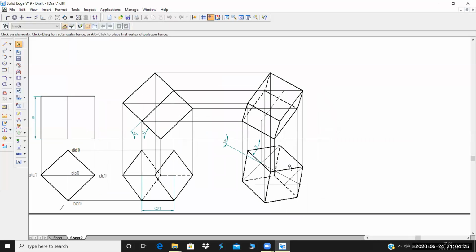I've also told you how to go for the appears-to-be problem. In that case, you just take this particular step and then place it on the angle line, whatever angle is given. Then the rest of the procedure is the same. Just project it and find the dashed lines. I hope it is clear.